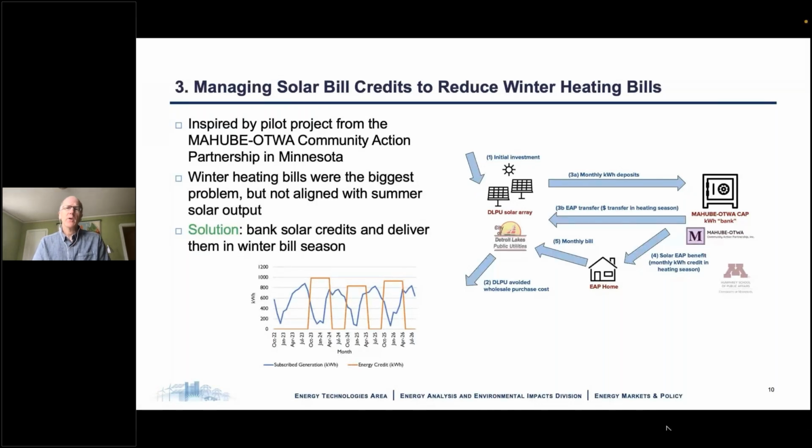The third element I took from a project in Minnesota, which CISA has also documented with a case study. The Community Action Agency near Detroit Lakes, Minnesota, called Mahube Otwa. They did a small pilot project with a community solar installation where they delivered the bill credits during winter heating season. They essentially put them in a bank because they're generated more in the summer than in the winter. They put the credits in a bank and delivered them when those big winter heating bills arrived in the mailbox